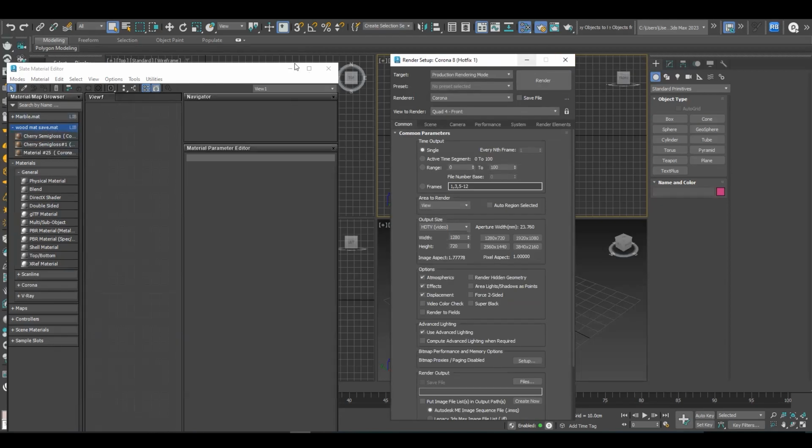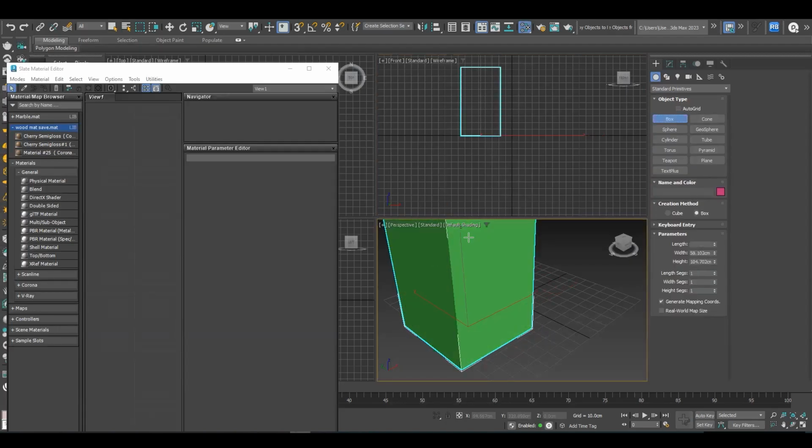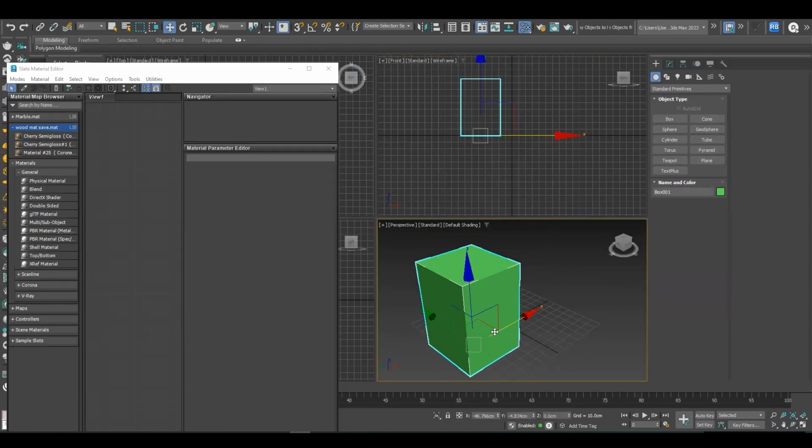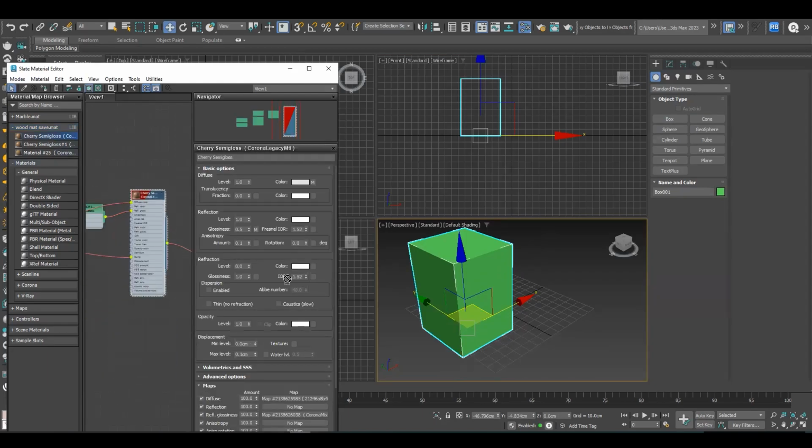Okay. So if you use this material, first of all you need to have your render engine selected in Corona or Vray, and then it will work. And then maybe you can put this material over here, you can put it like this,